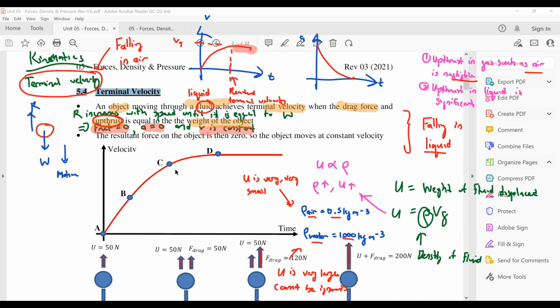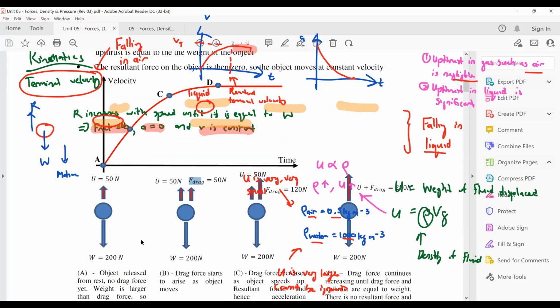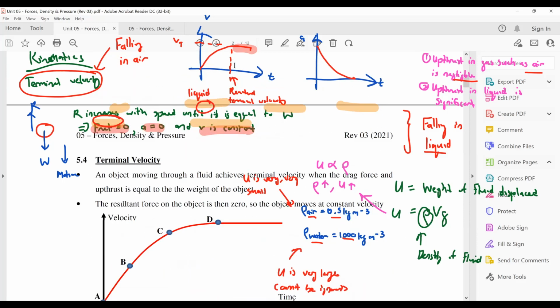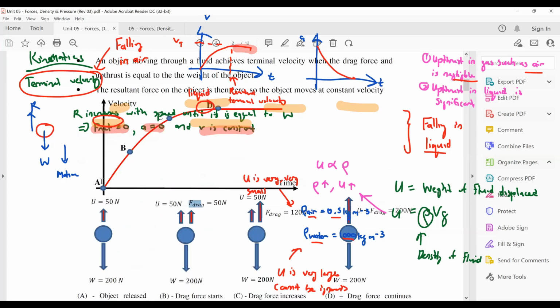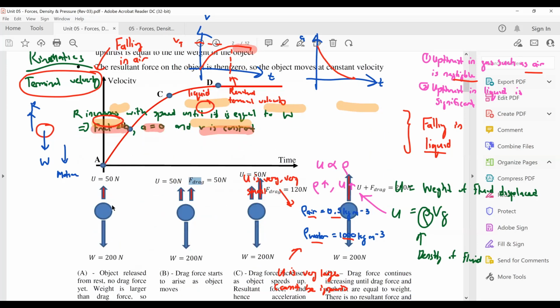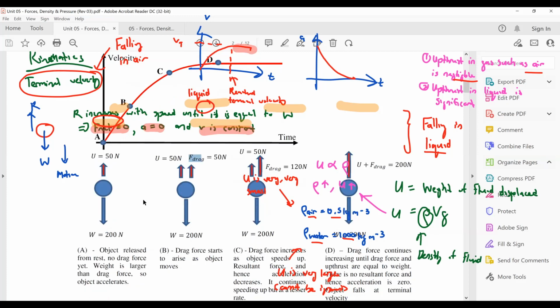Another thing I should mention is that when your object is falling through a liquid, rather than saying you have air resistance opposing you, you have drag force. So the diagram is something like this here. What would happen is that if you have an object that you release inside water, initially,